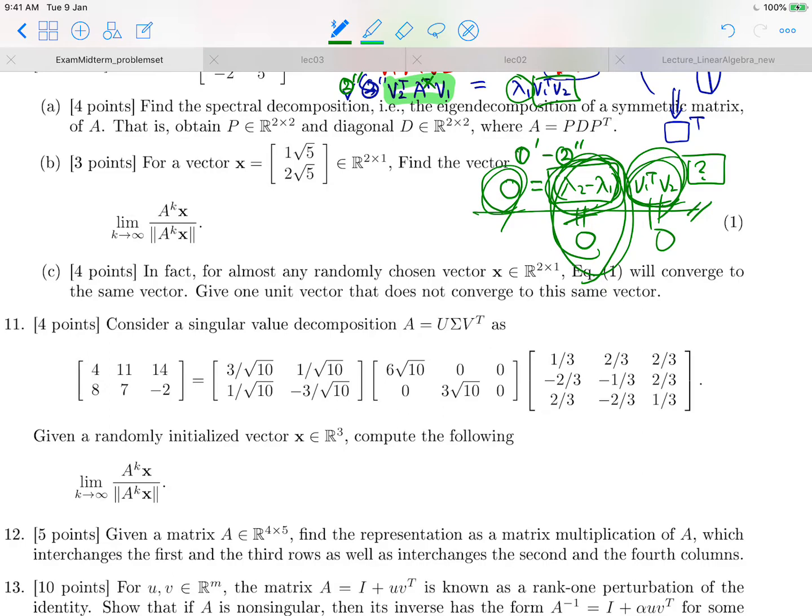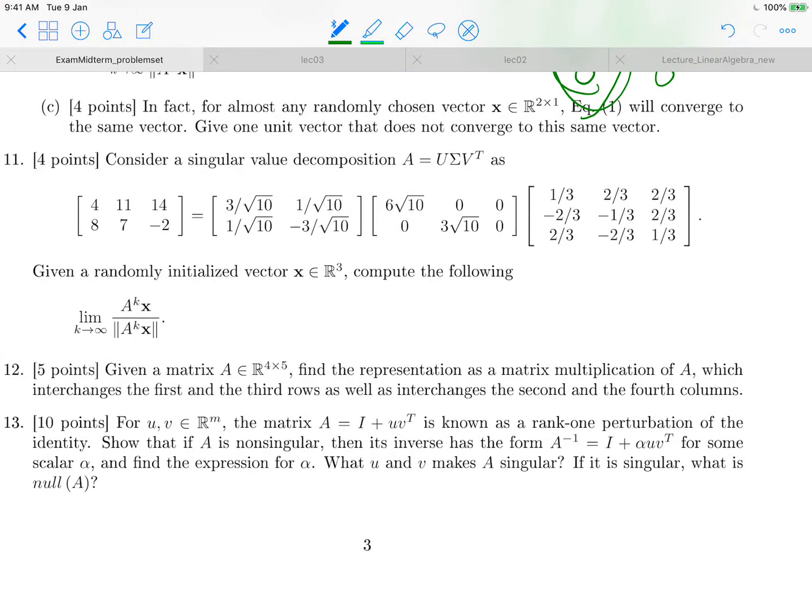If the first chosen random vector was unlucky and had a zero coefficient on the largest eigenvector, although that is very unlikely to happen, we can avoid that kind of issue by trying several different random vectors and applying power iteration. And then there is also the extension of this power iteration in the context of singular value decomposition, right? So in this case,